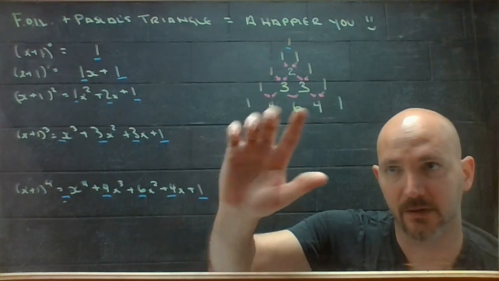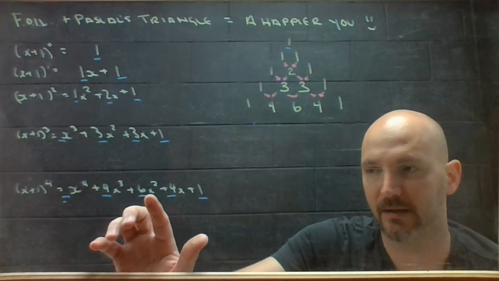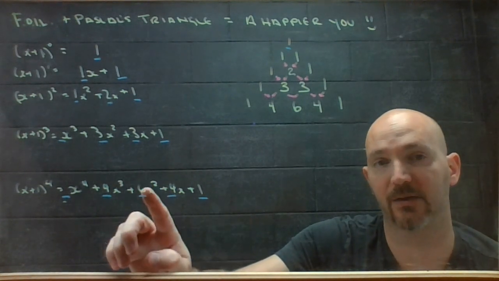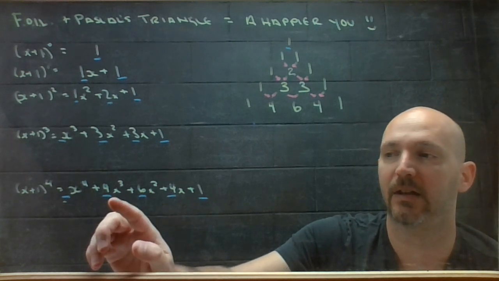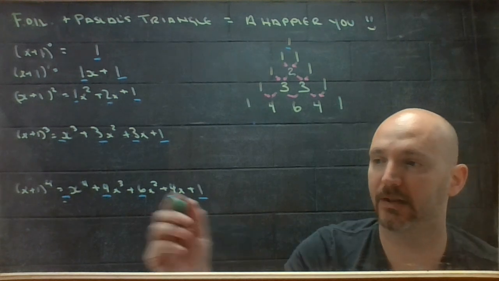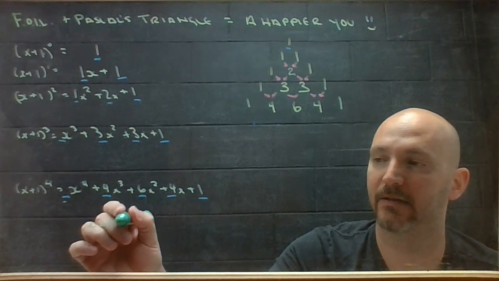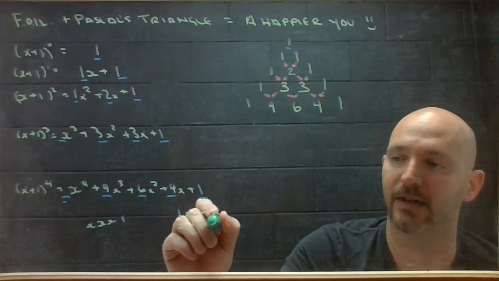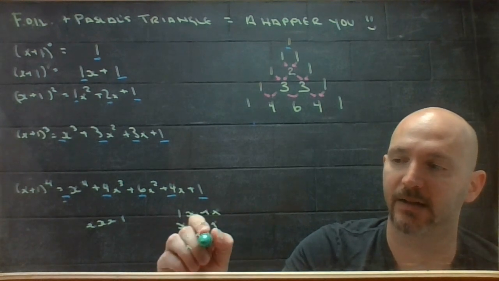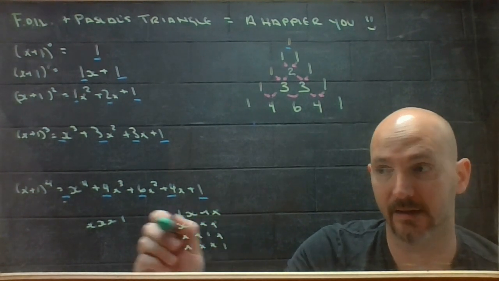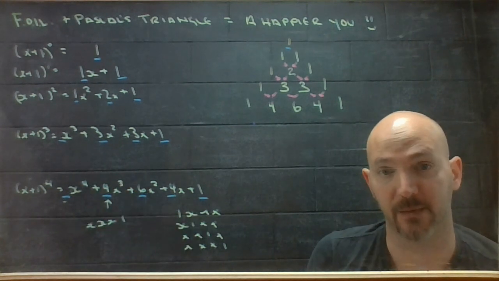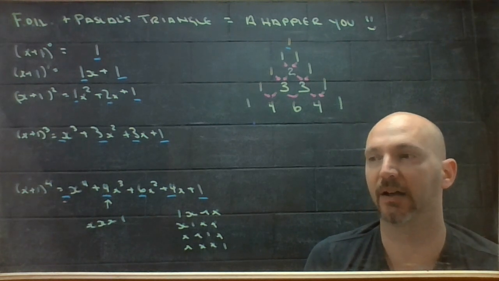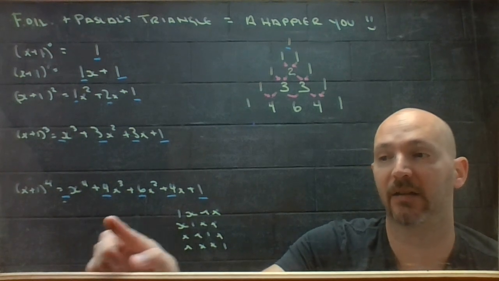So those numbers about the combinatorics ideas are the number of ways you could combine 2 x's and 2 1's in this particular term. And it turns out you can do that 6 ways. How many ways can you combine 3 x's and a 1? Well, if you have 3 x's and a 1, you could do 1, x, x, x, or you could do x, 1, x, x, or x, x, 1, x, or x, x, x, 1. Right? There's 4 ways you can do that. So that's why that number showed up there. But again, you don't need to stress about why it works. If you just take a moment to appreciate how you can use it,